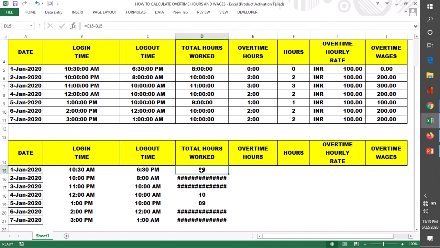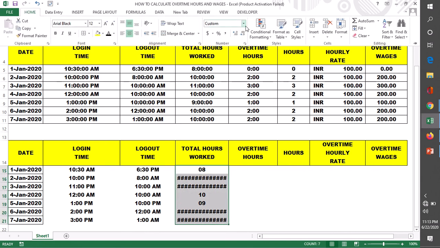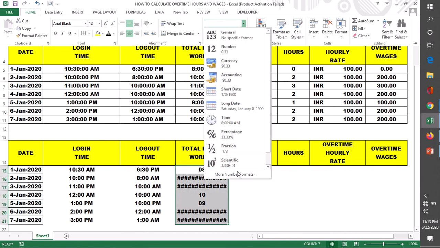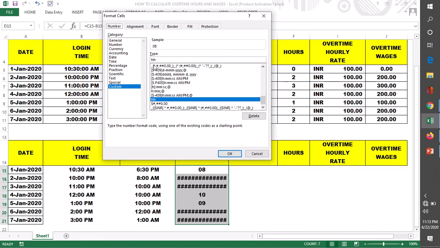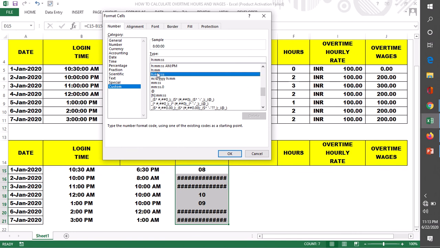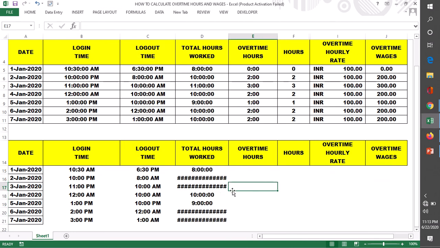That's okay, but let's take the format in hours and minutes, right? Hours, minutes and seconds. So this is how we get total hours worked.